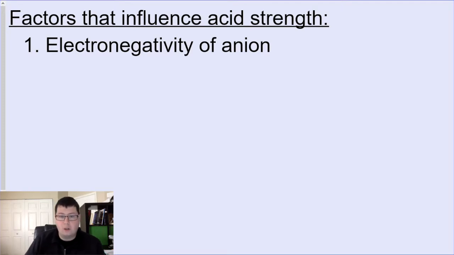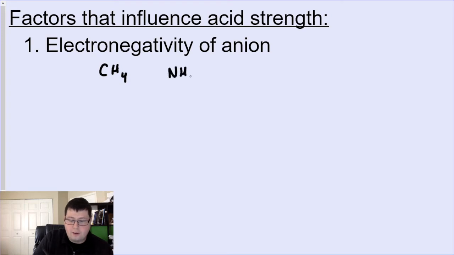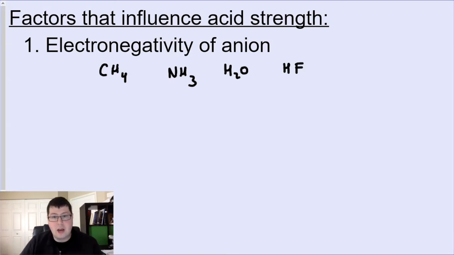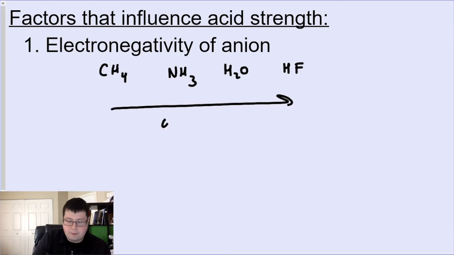So the acids we're going to look at here, we're going to look at 4 compounds and evaluate whether they're acids or not, are CH4, NH3, H2O, and HF. So you'll notice that all of these have an H attached to them, and all of them are in the second row of the periodic table. They're in the second period. And so as we go across a period,